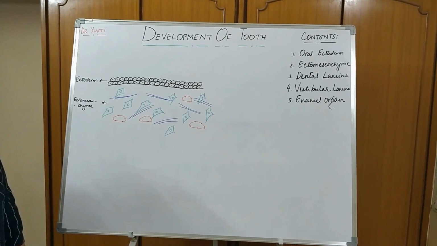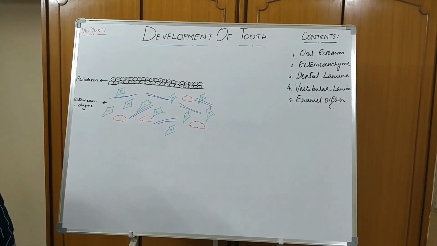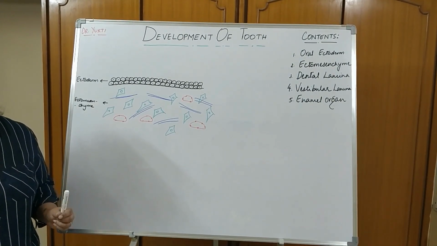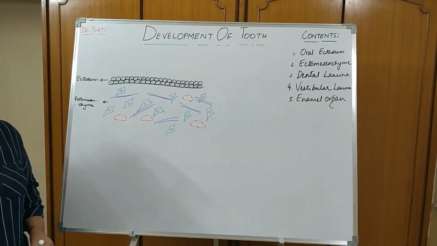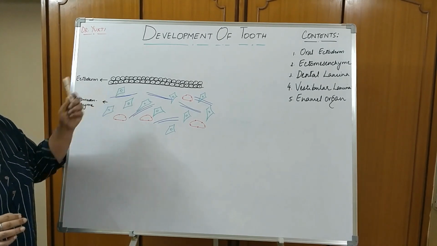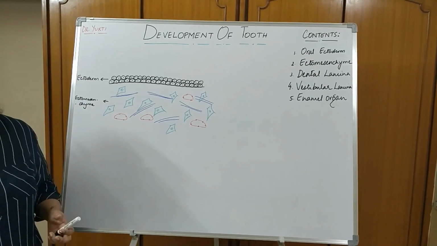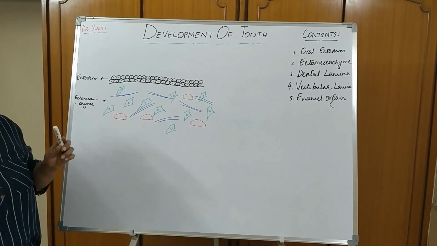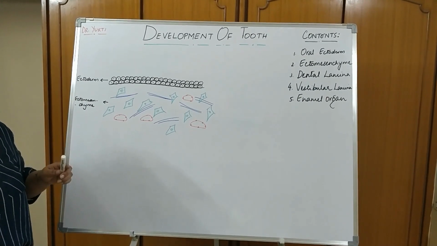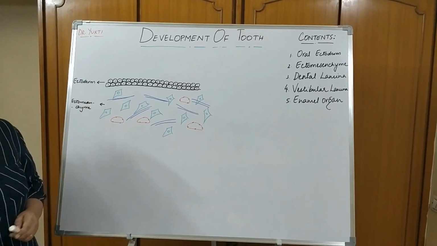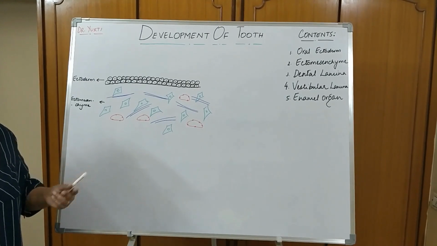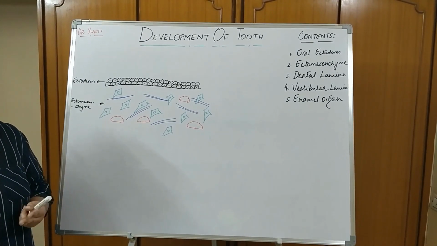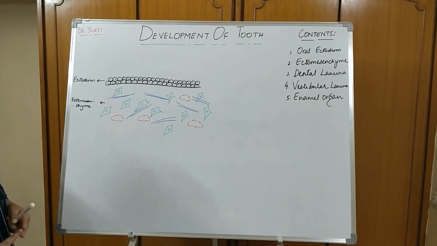One more important thing here, probably the senior students must be knowing this, but for BDS freshers: take any epithelium in your body, it is always supported by connective tissue. It has to be, because without the connective tissue, the overlying ectoderm or epithelium cannot survive, because epithelium does not have a blood supply of its own. Whatever nutrition it has to get, it gets from the underlying connective tissue. So whenever you talk about epithelium, be it in histology or later in pathology, you have to always talk about the underlying connective tissue.